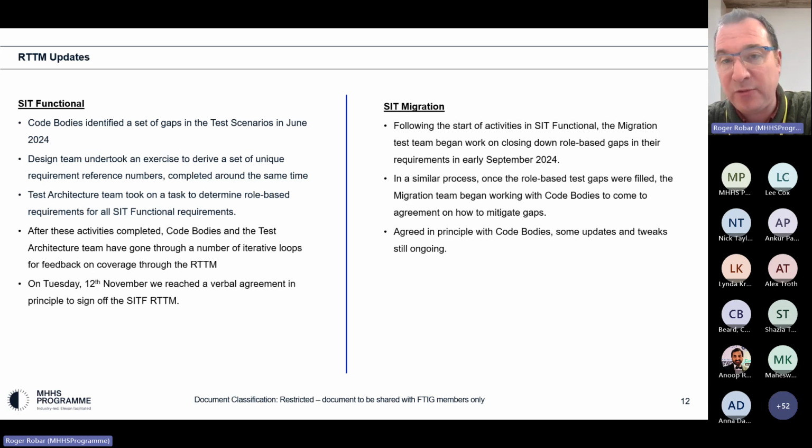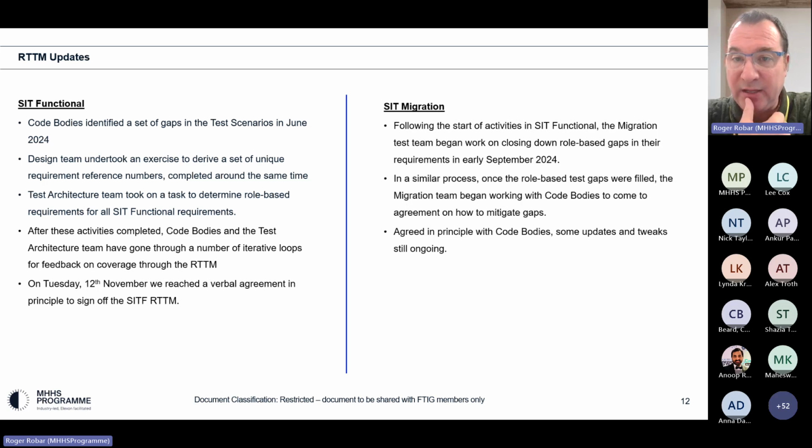This was all done around the same time that CR55 was being proposed. So we worked quite hard at including those into the model. And then after a number of months, we finally got to agreement with the code bodies on the 12th of November, a verbal agreement in principle. Now, the RTTM itself is a living document. There are still changes. Anytime a test case is changed because of a defect, we check it against the RTTM.